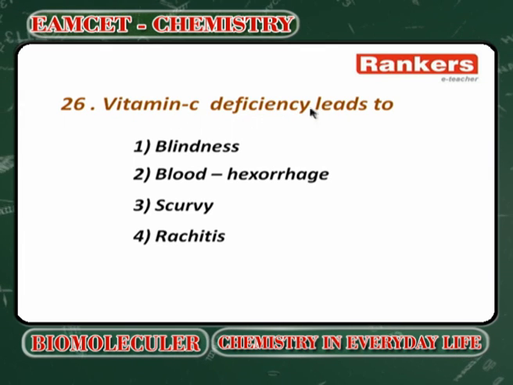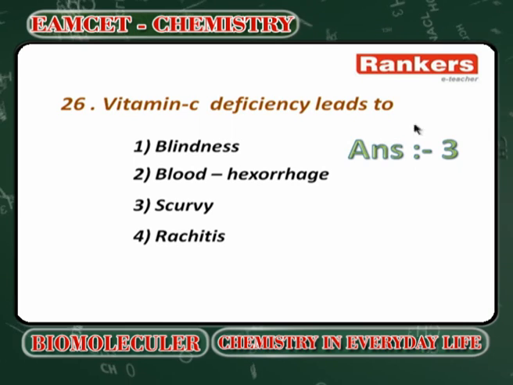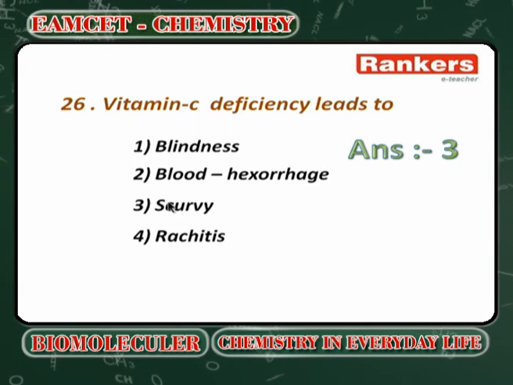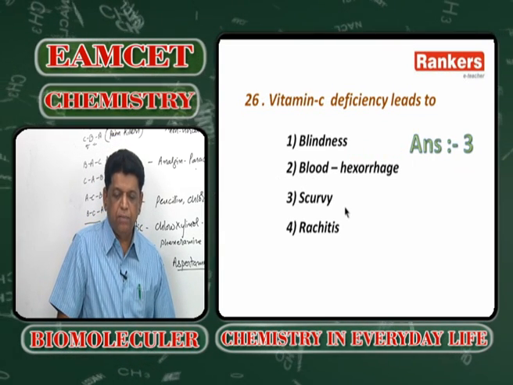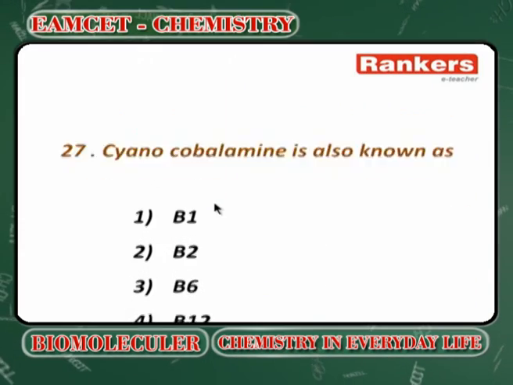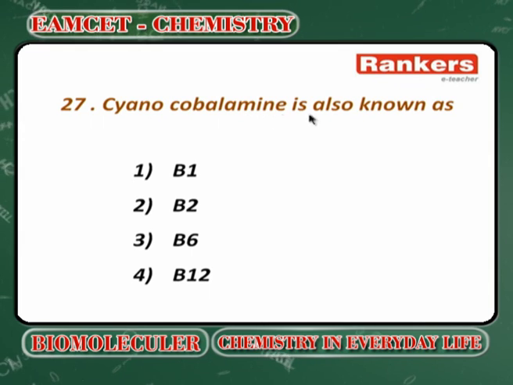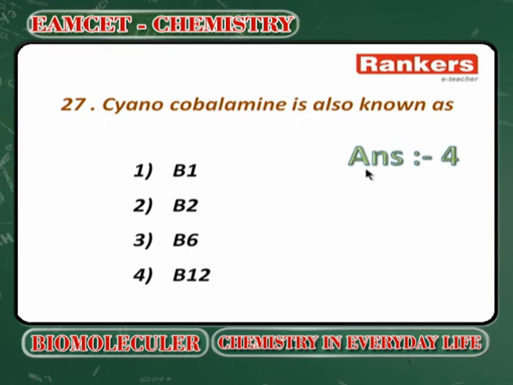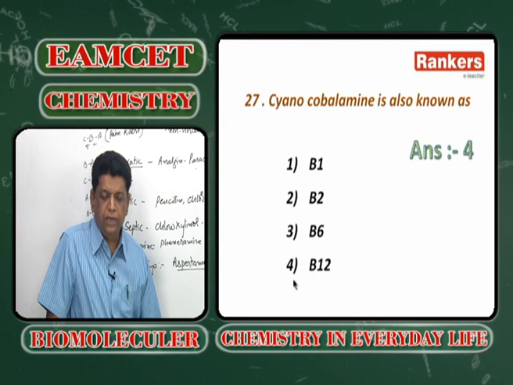vitamin C deficiency leads to scurvy, where the teeth have some problem; that is known as scurvy disease. Next, ascorbic acid is known as vitamin C. Cyanocobalamin is also known as vitamin B12. B1 is thiamine, B2 is riboflavin, B6 is pyridoxine. Each one has its own name and biological action. You can see the table. Next,